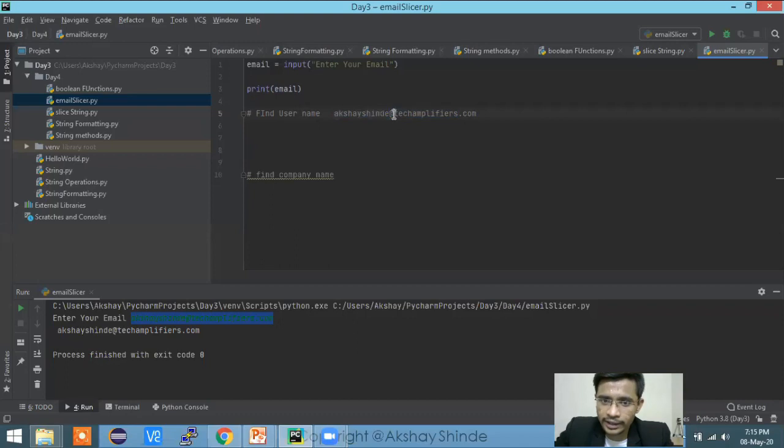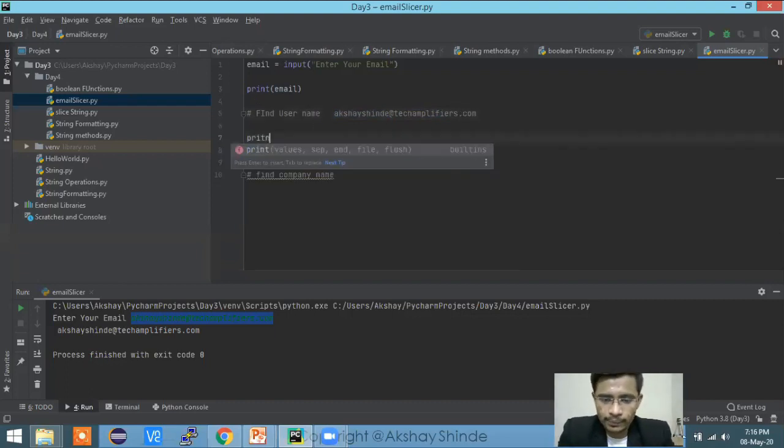So there are two identifiers. If I split it across @, I'll get a name, and if I split it across @ and dot, I'll get my company name, right? But why should I go and find out where the dot is? I don't want to do that. So here I'll use the index function, what we learned 2-3 slides before. That index is going to help us. Let me show you how.